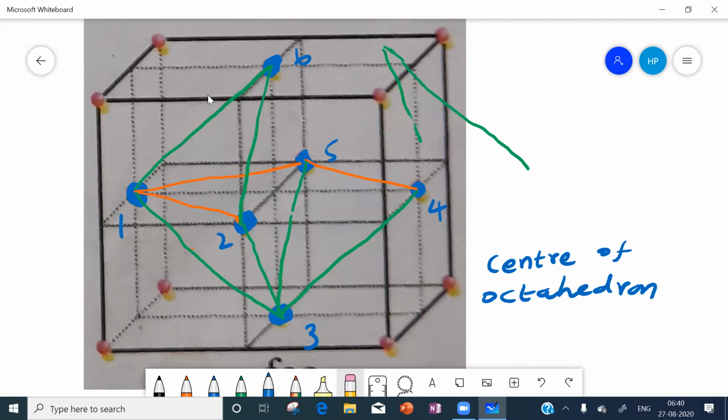Sorry, you have not understood. Therefore, we will see what an octahedron is, then we will come back to this one. So the center of the octahedron. So we will join these two.